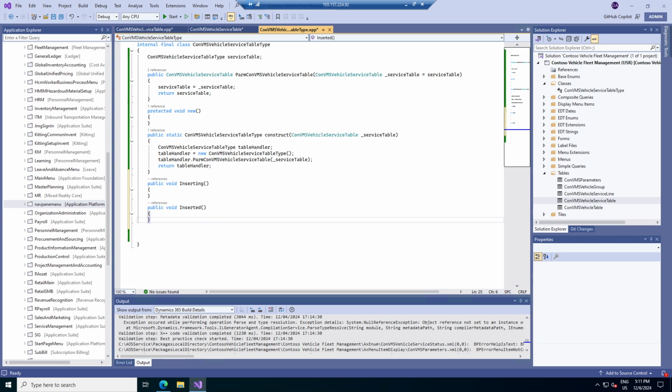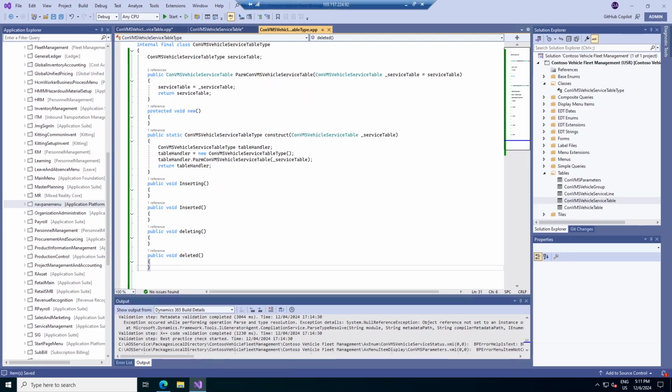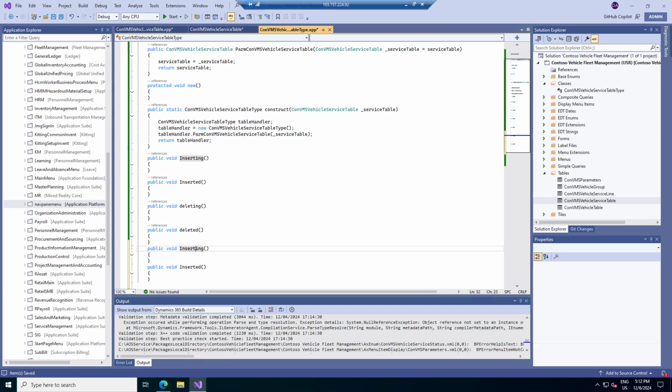inserting, and then we will have deleting, and deleted, and then updating and updated. So these are just normal methods which we are going to utilize when we are designing our table. Okay, so the pattern will be similar for other tables also when you have prepared. So update it